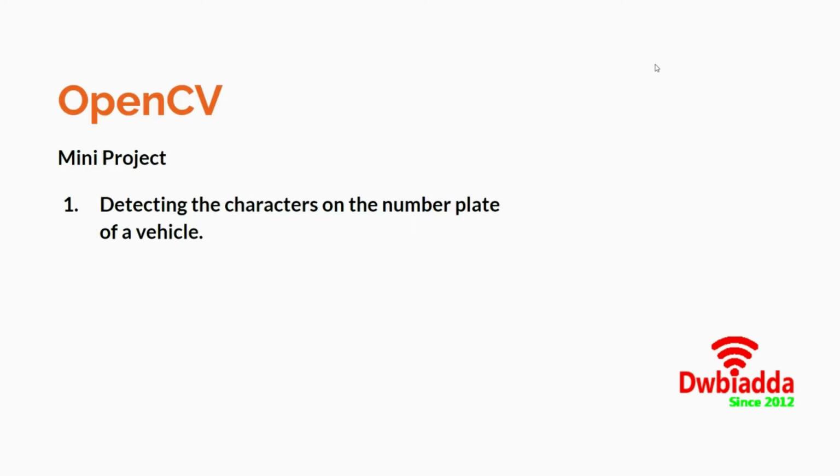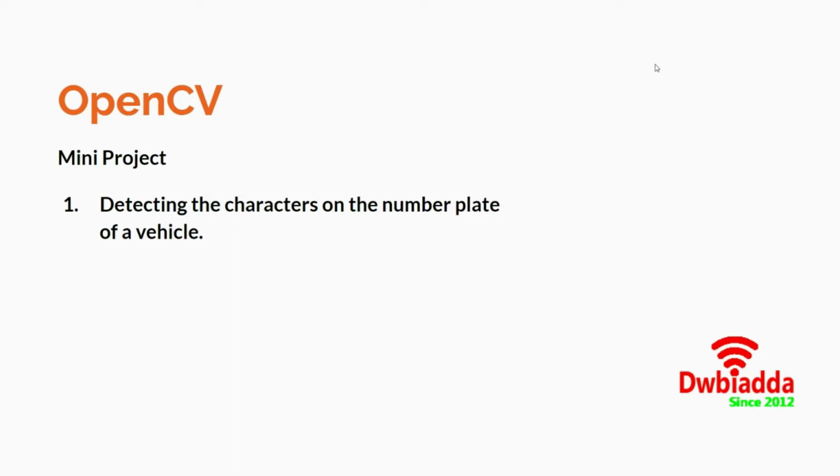in a real life scenario. Let's suppose you're getting late and there is a red light signal ahead of you, and there is no traffic policeman standing over the red light. Now you think, okay, if there is no one standing over there, I might just jump this red light, and maybe no one will catch me and I will reach my place without getting late. But what happens is when you reach your home in the evening, you see the fine has come to your home for breaking the red light. So if there was no policeman standing over there, exactly how did the fine come to your home?